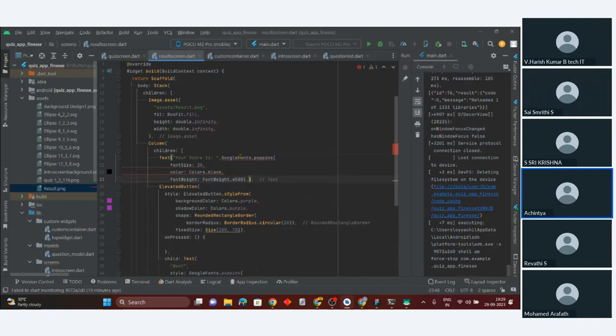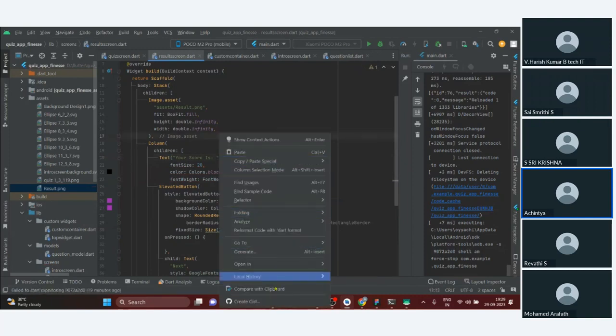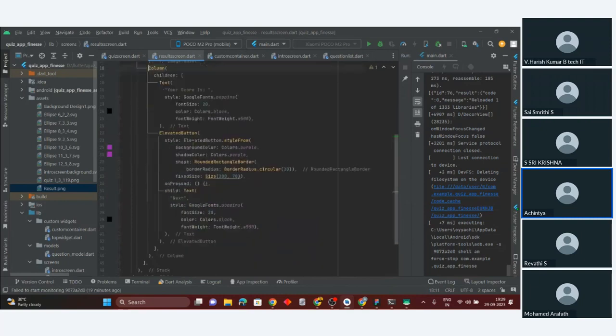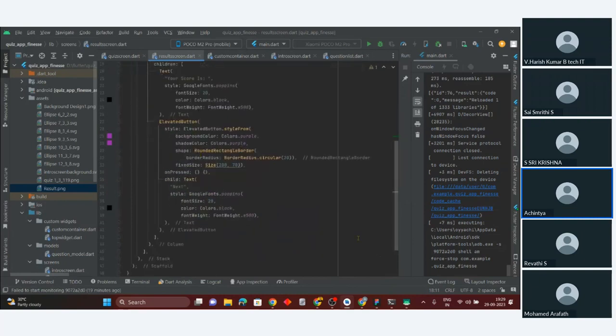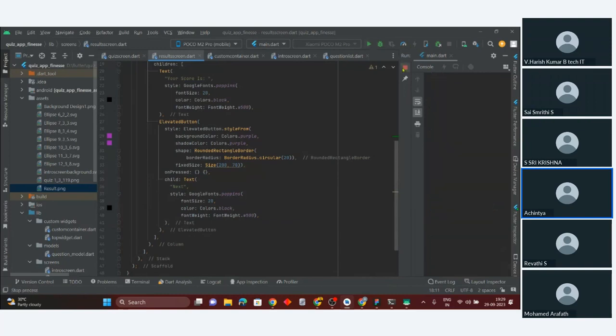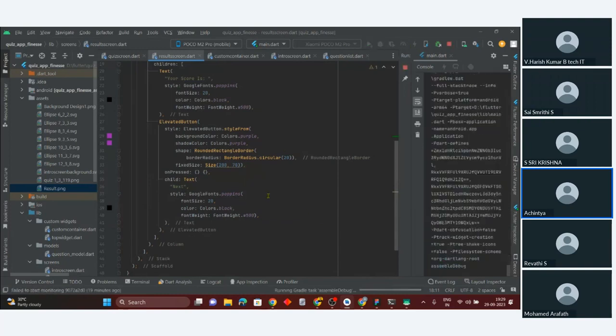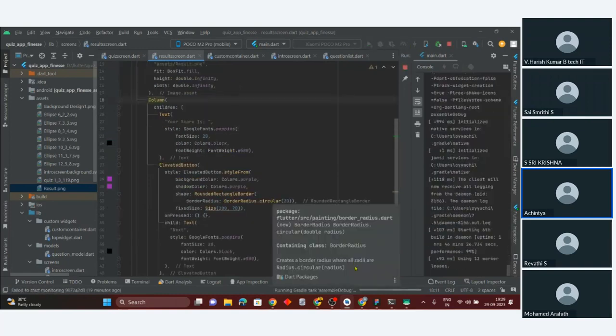See, I'm not explaining these things because you already know this, what I'm doing now. So what I did is basically just a stack: on top of that image, I'm showing the score and the button. That's it. So if I just give it a run, oh, it got stopped. Fine. Okay, if I give it a run now,